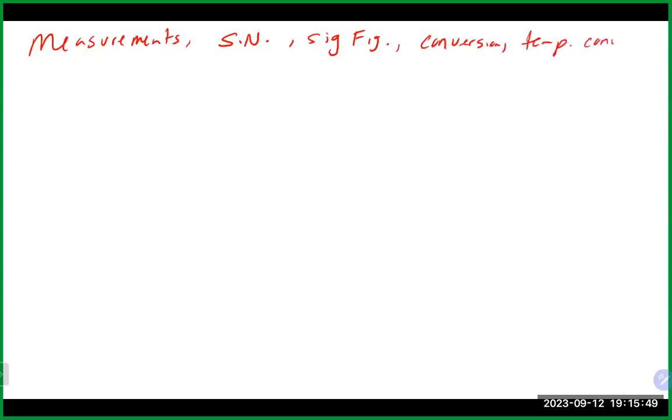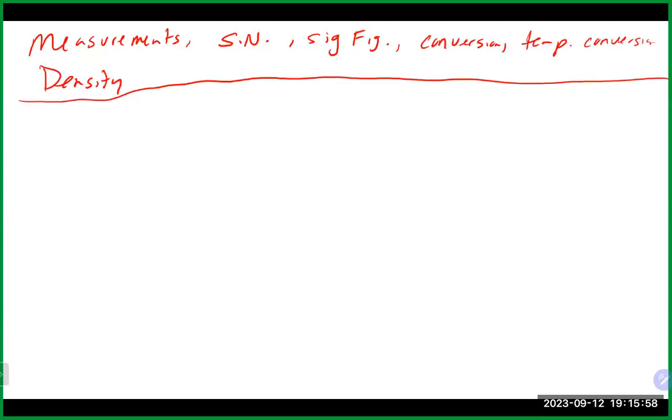Up here are measurements, our scientific notation, everybody's favorite thing, our significant figures, conversions, temperature conversions as well, just in case. We'll do a little bit of density, perhaps, as we go through it. All right, so let's just start with really the basics, which hopefully you know, but obviously when we take any type of measurement,